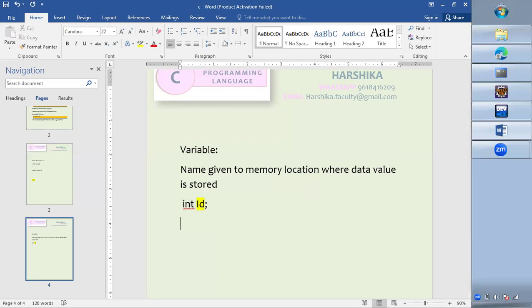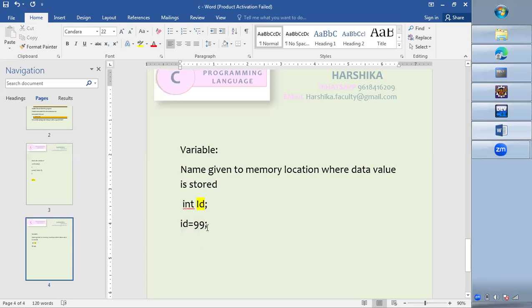And later in program, according to requirement, we can just use the variable name and assign any data value according to our requirement. So at the time of declaration, we can give the value, and also we can modify it later,